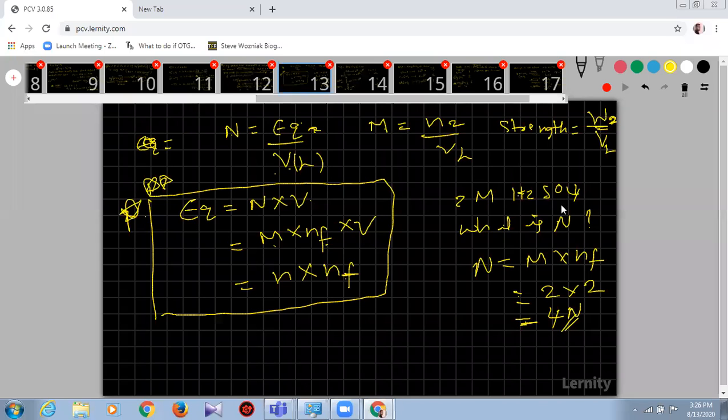Suppose they mention weight in the problem, then you should calculate the number of moles, weight by gram molecular weight. Suppose they give molarity and volume, then you should take this formula. Suppose they give data in terms of normality, then you should go for this formula. If the volume is in ml, then you put the milli equivalence. That's all.